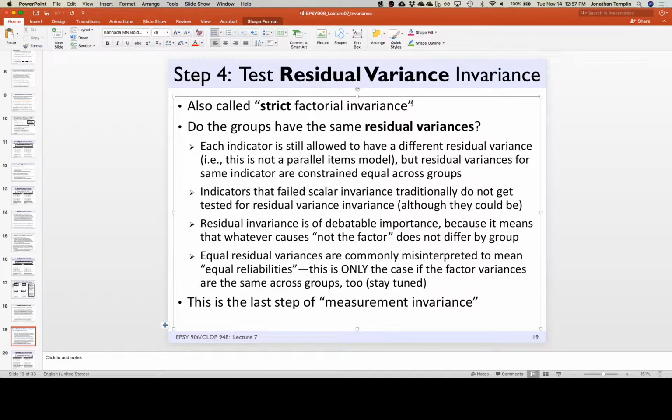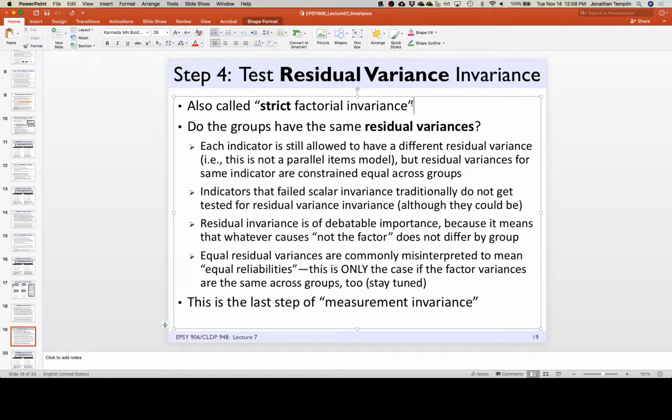So the question about residual variance tests then becomes whether or not they're actually necessary, right? If you think about it, the factor loadings influence the factor variance, so they're necessary, because if we don't have any of the factor loadings tying together, we're not sure the variances are about the same thing, apples versus oranges, right? And then also the item intercepts influence the factor mean. We need some of those to be on the same metric as well to be able to say the means represent the same thing too.